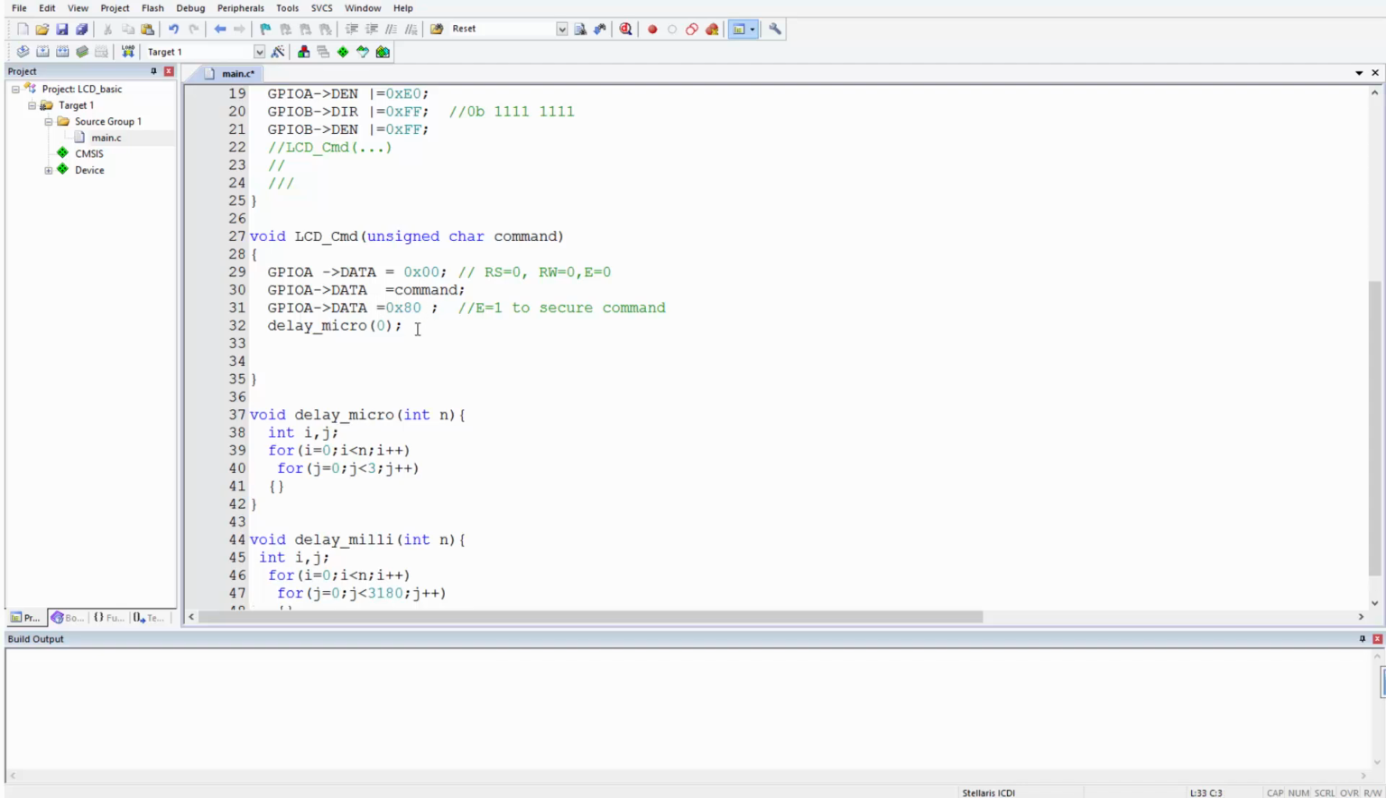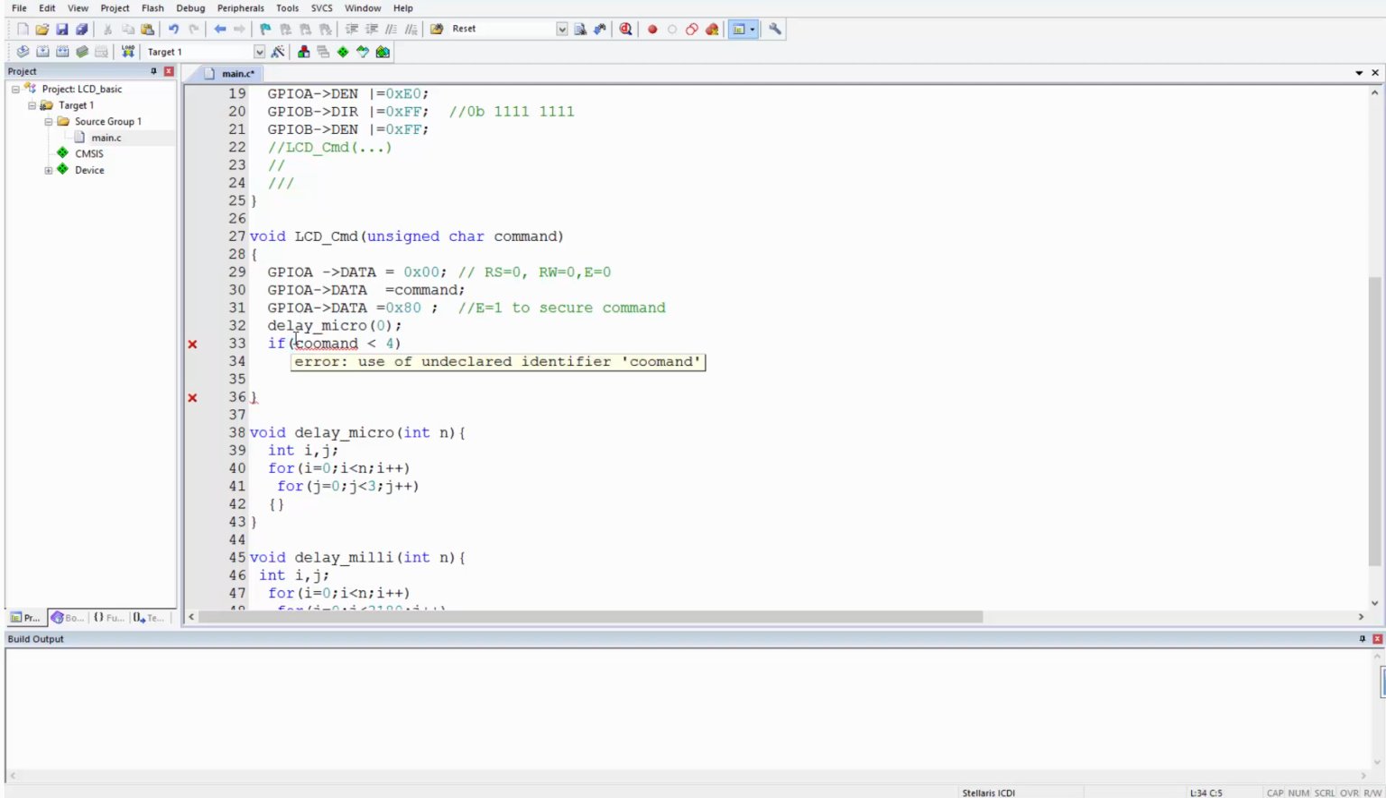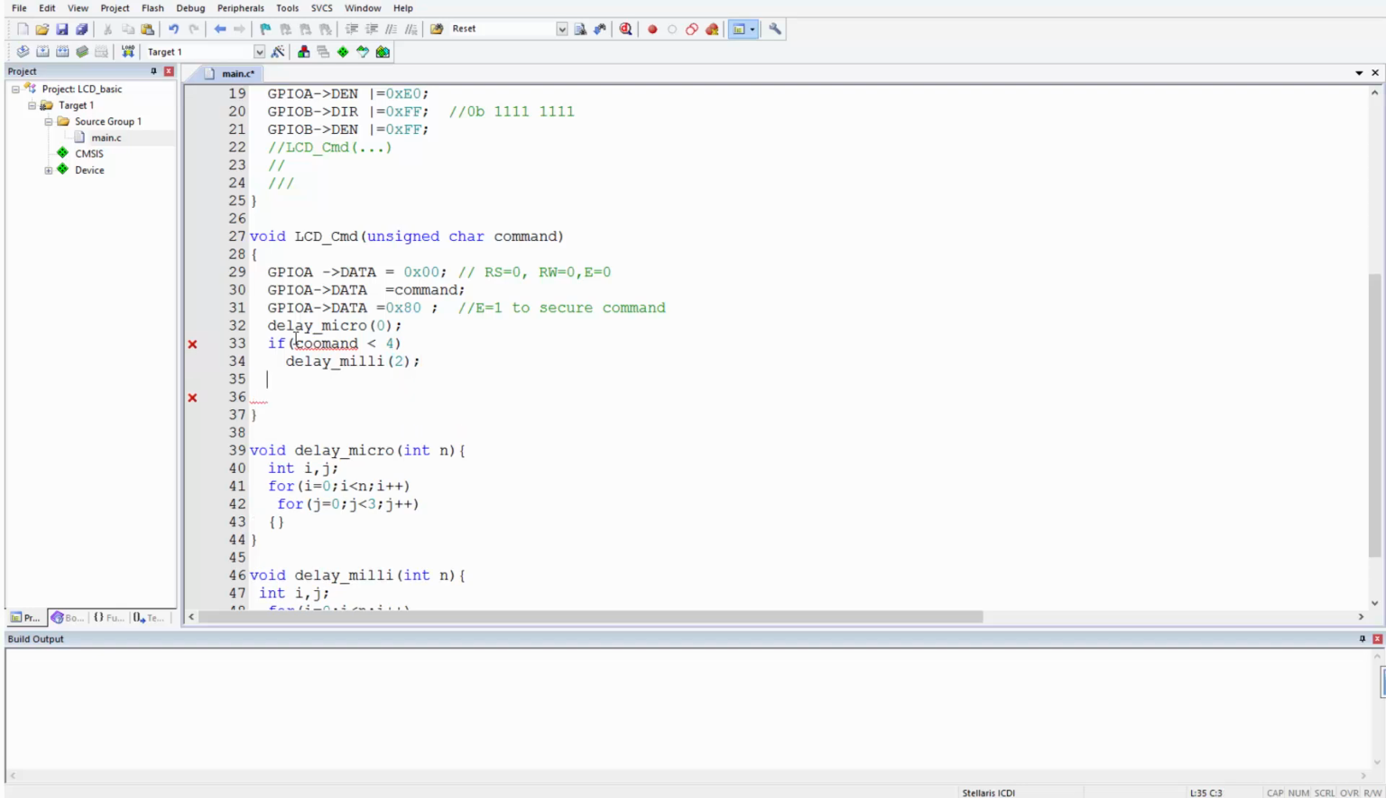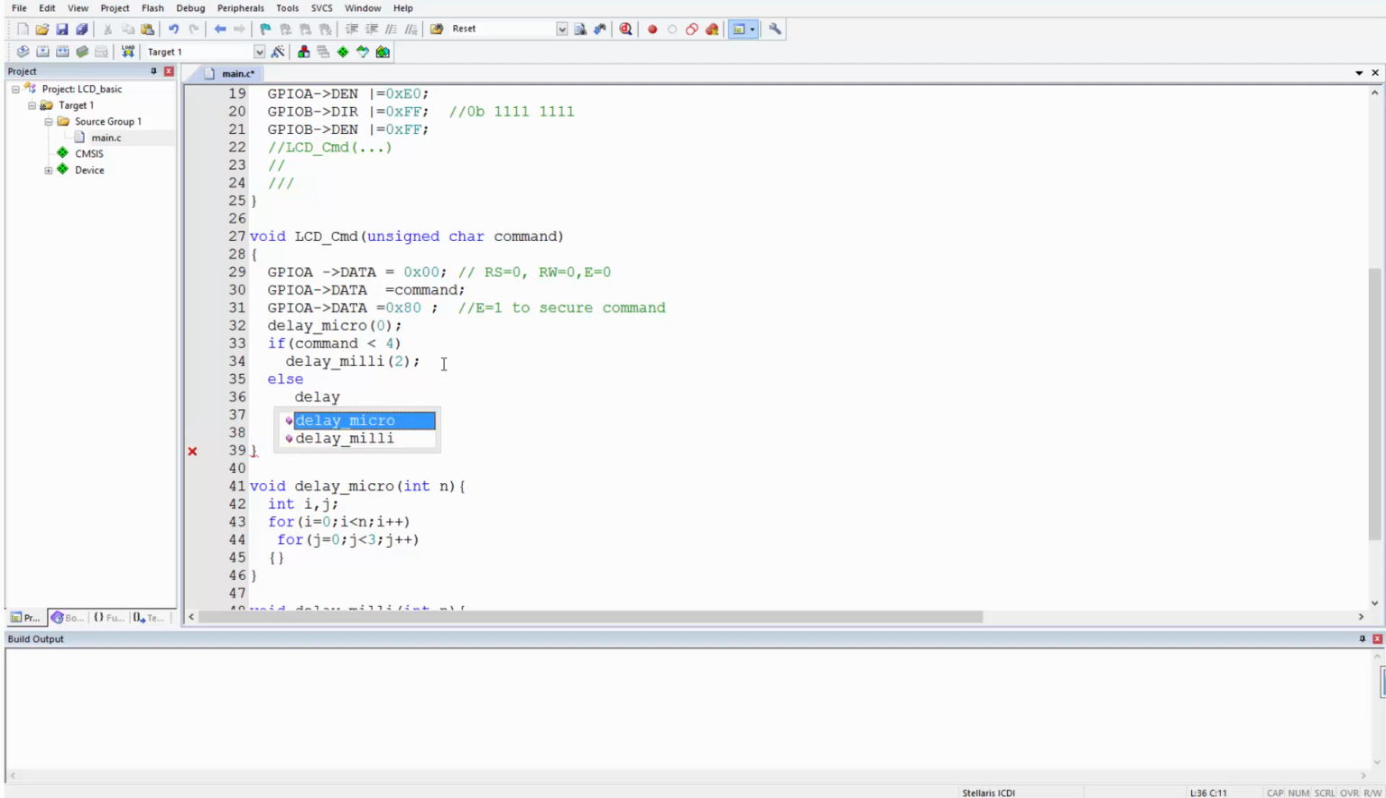So what we're going to do is create a condition here to give two delays based on the command that we are giving to the LCD. We're just going to use an if statement here. I'm going to say if command is less than 4, which means if it's command 1, 2, 3, give us a delay of 2 milliseconds. Delay milli 2. I can't spell this well. Else, one else here. Delay micro, and this is